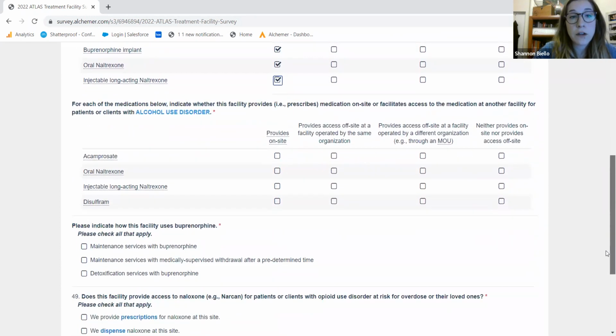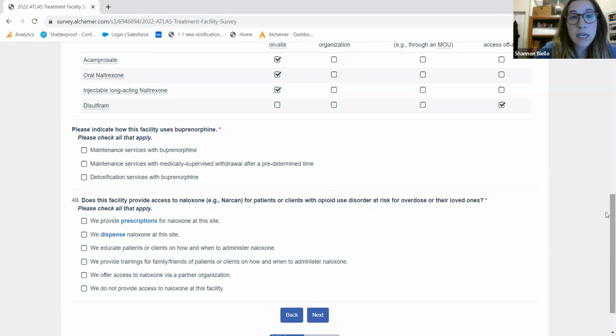Same for medications for alcohol use disorder. Simply go through and indicate the extent to which these medications are available. Maybe 3 are on-site. If you select this neither option again, you won't be able to make any other options. It's an exclusive select. And then we have the facility indicate how this facility uses either methadone or buprenorphine, if that's indicated in the above table. So it's a question that appears based upon your other responses. This section ends with asking about how this facility administers naloxone. And so you can make some selections here.